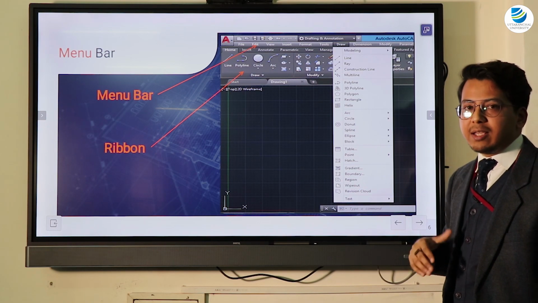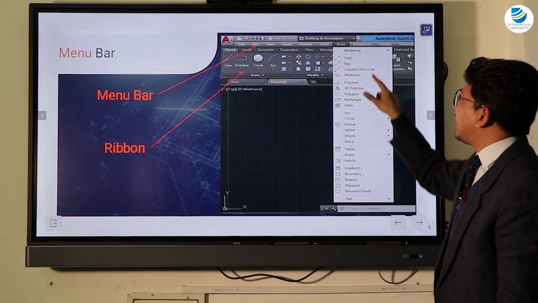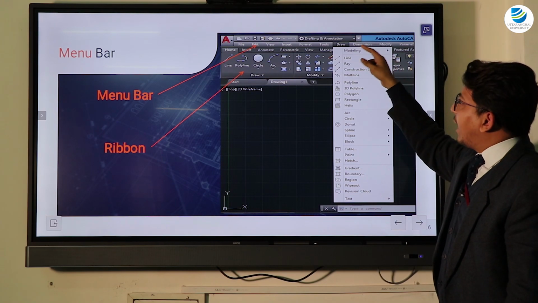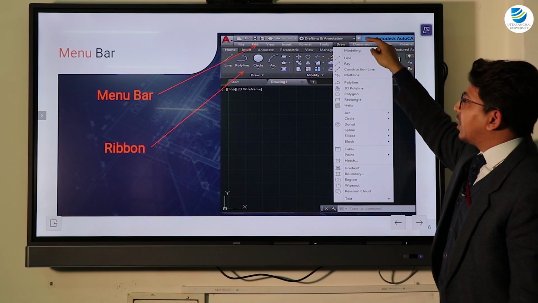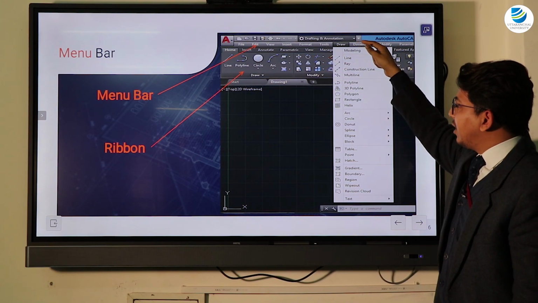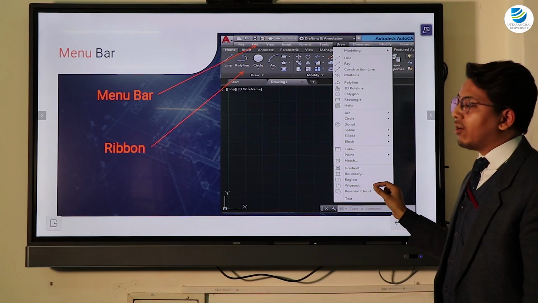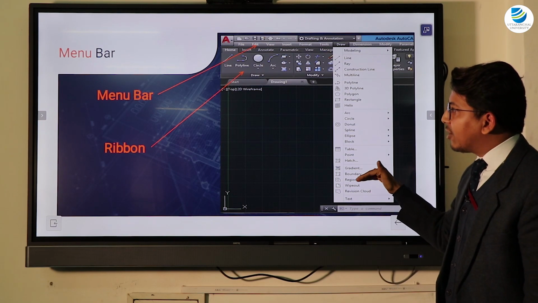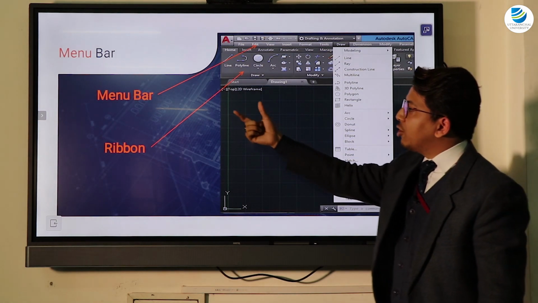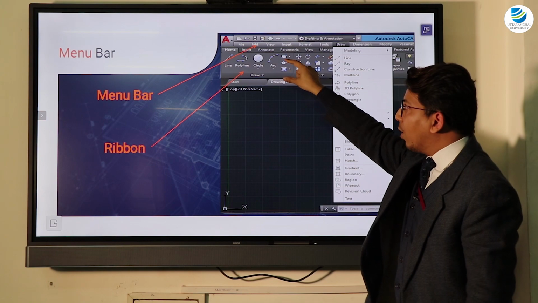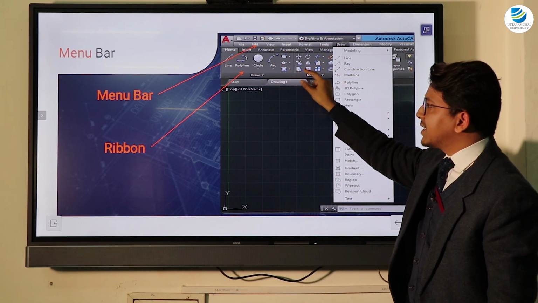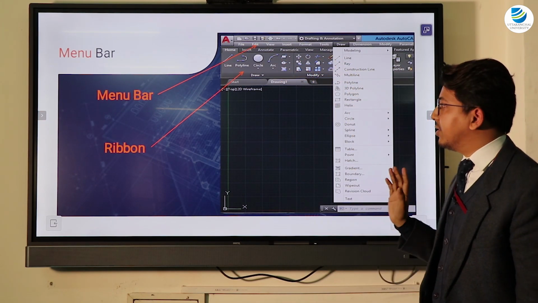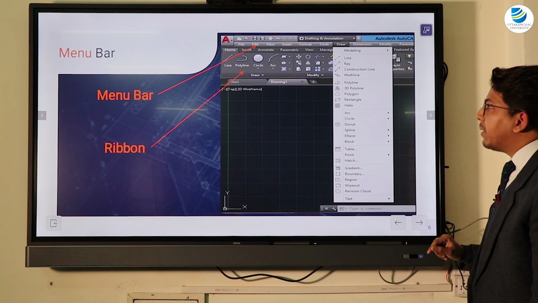If you want to activate the menu bar, you can just activate it by clicking here. And if you want to hide the menu bar, you can hide it by clicking here. There will be a second last option, hide menu bar. You have to click on that option and the menu bar will go away. So the menu bar consists of the lists of all the options that are displayed in the panel or the ribbon region. So this was all about the menu bar.